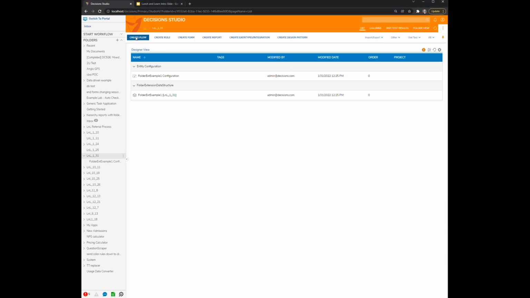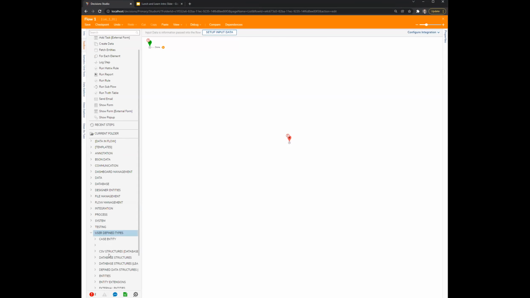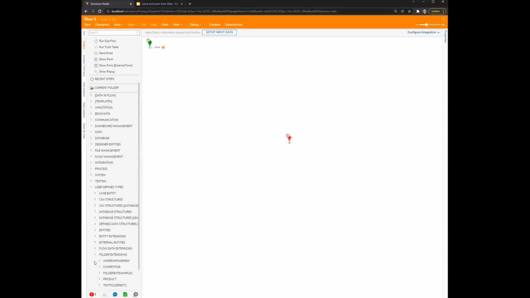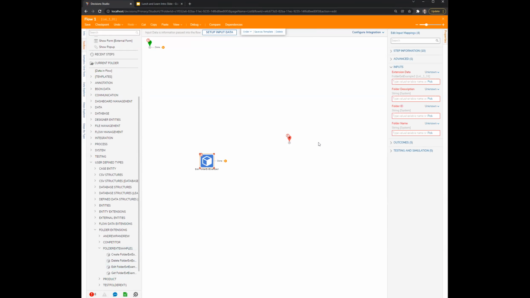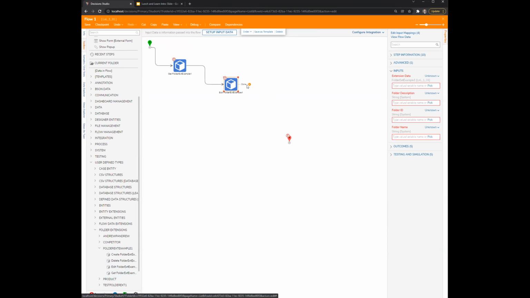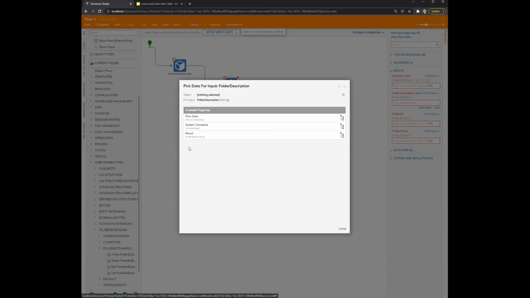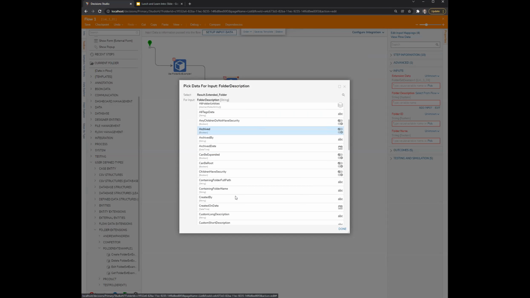All right, and if I were to build a flow and then find user defined folder extension example 1. So you have an edit here, and this actually does want folder description, doesn't it? Let's assume I was getting one here. So I would get one. And then if I were looking at the mappings here for folder description, you should be able to use result extended folder